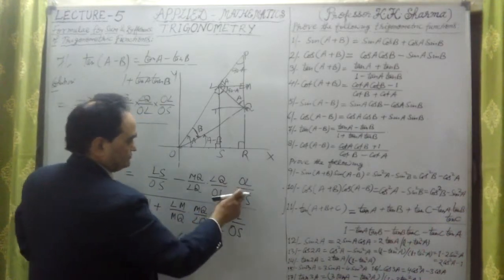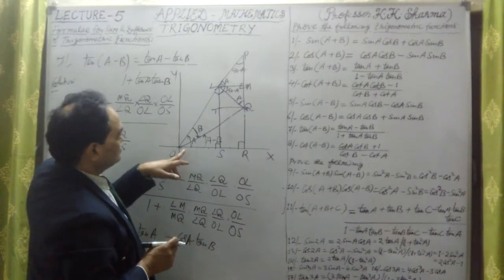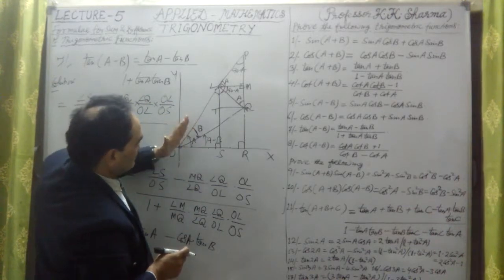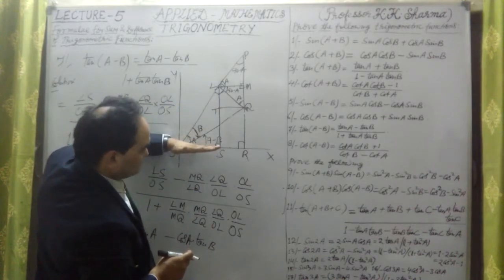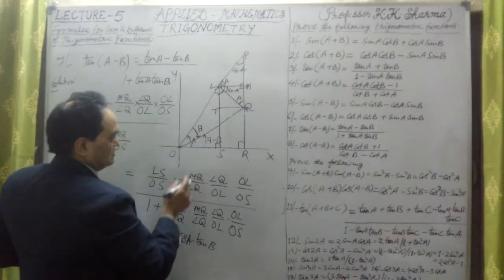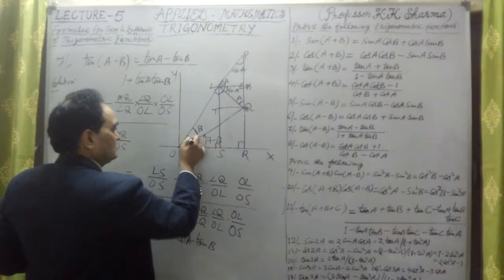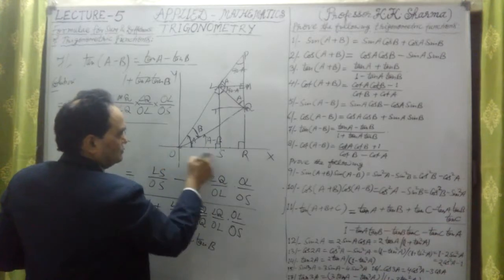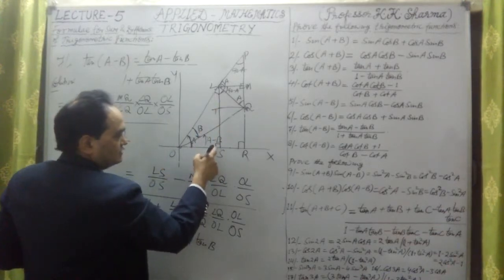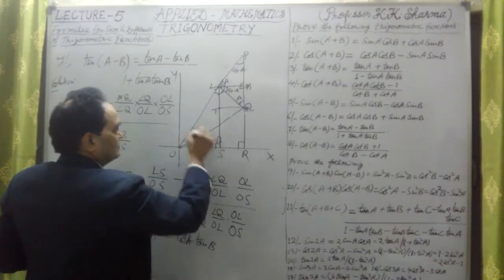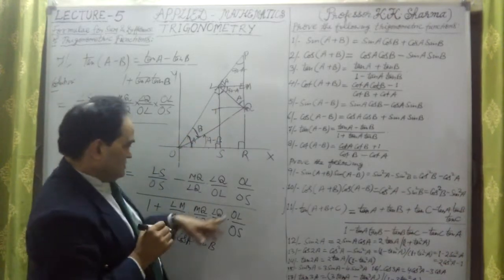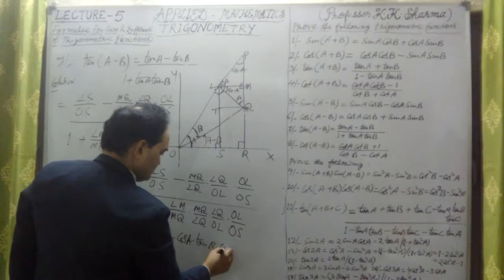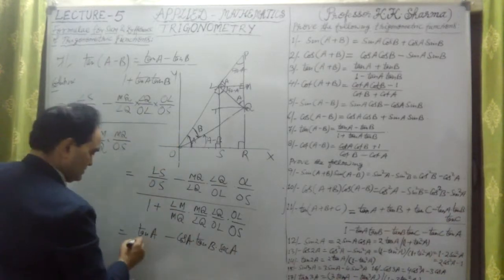OL upon OS. What is OL? OL this one upon OS. OS is this. Again, this is hypotenuse upon base. This is the perpendicular LS. In which angle A? In which angle A is this complete angle? So in right triangle LOS, S is right angle, means 90 degree angle. Okay, so in this right triangle, this is angle A. So OL hypotenuse upon base is secant A. The secant A divided by